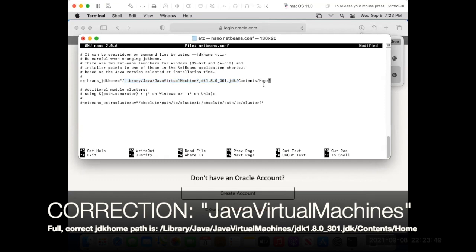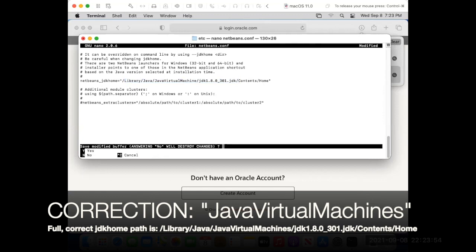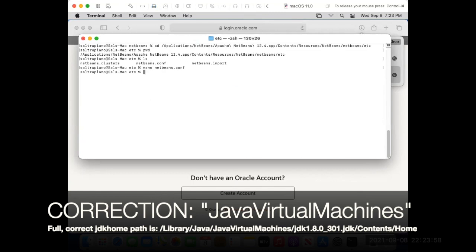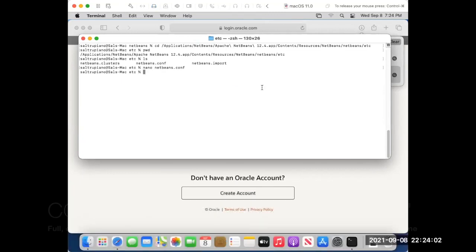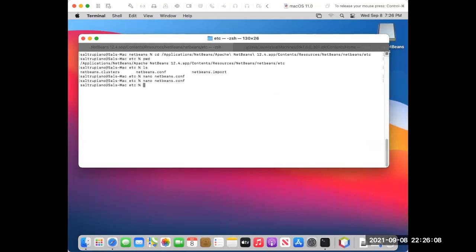So to save your changes, you will hit the Control key and X at the same time, Control X, hit the Y key, and then hit Return, Enter. Now the file's been saved. So that's all the work we're going to have to do in the terminal. Now we are ready to close our terminal up